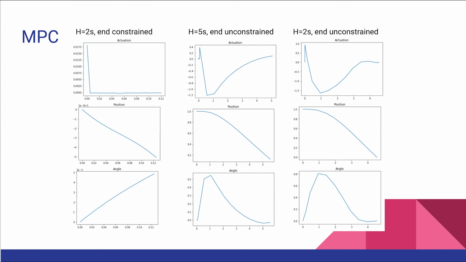So we tried to help our solver out by asking it to instead just give us the best trajectory over a 5-second horizon. We didn't constrain it to arrive at the goal, but this ended up working out well and gave us solutions that look similar to the LQR solution. Lastly, we tried to converge faster by reducing the horizon to 2 seconds while leaving the end state unconstrained. This actually converged a whole second faster than the trajectory optimizer, which was really cool,